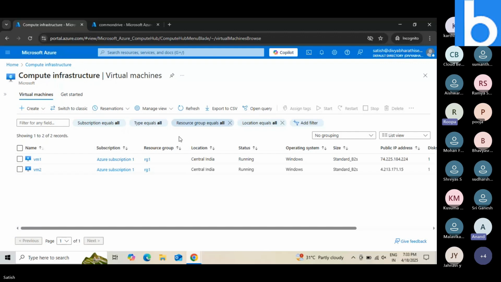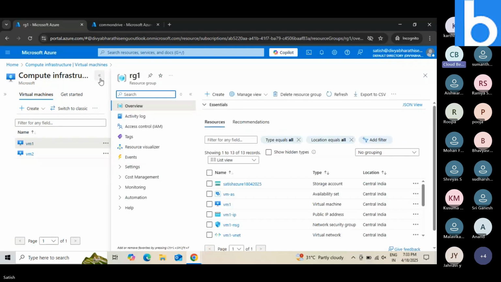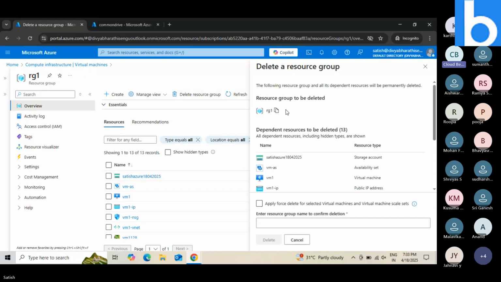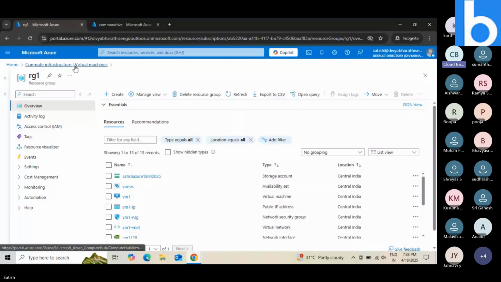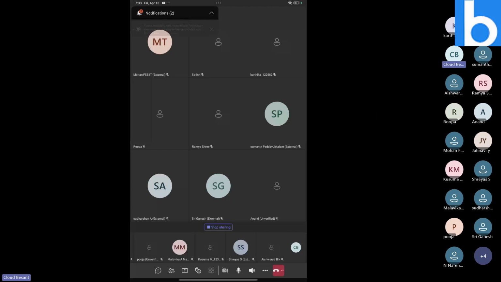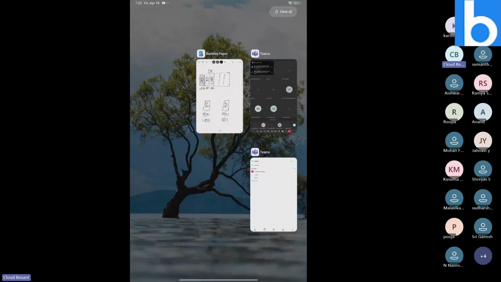Yes, got it. Perfect. Now I will delete this complete resource group, because I just want to proceed with my next lab, that is known as availability zones. So for this reason, I need to delete it right now itself. Okay, perfect. We are all clear with this availability set, and we will move to the next one, that is known as